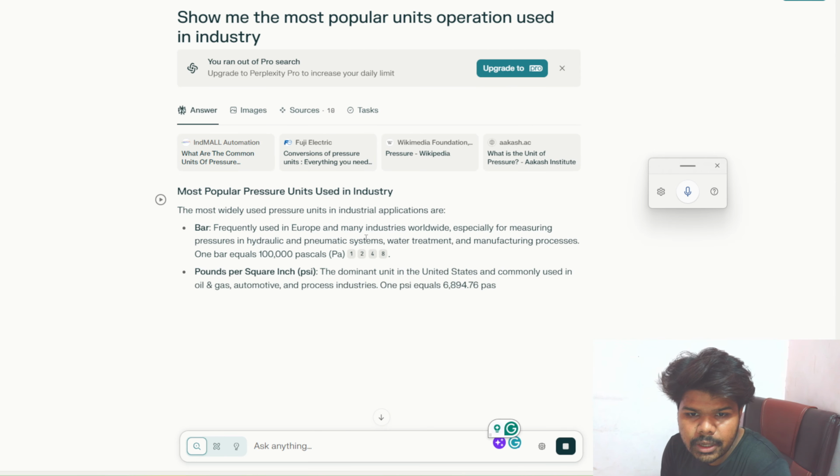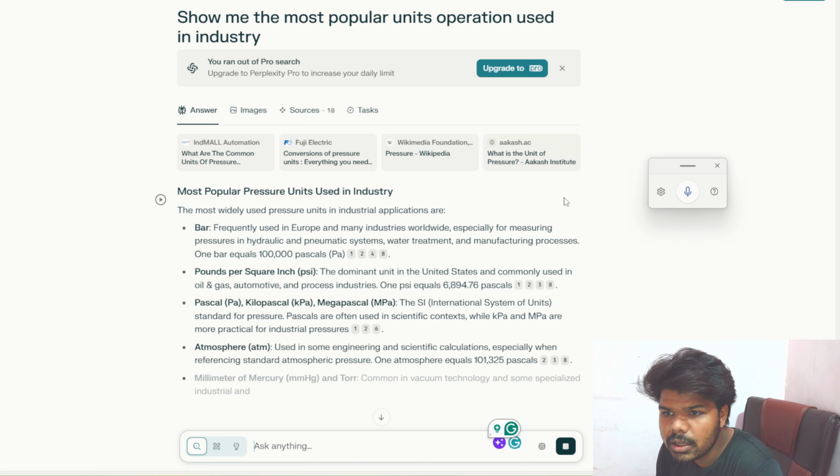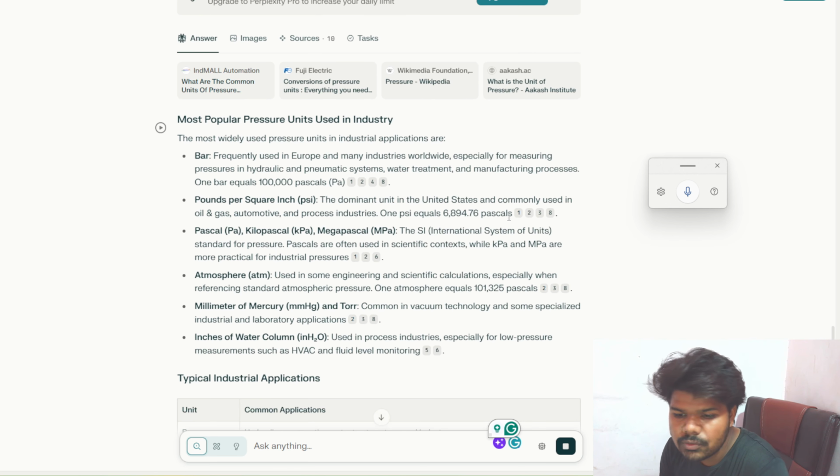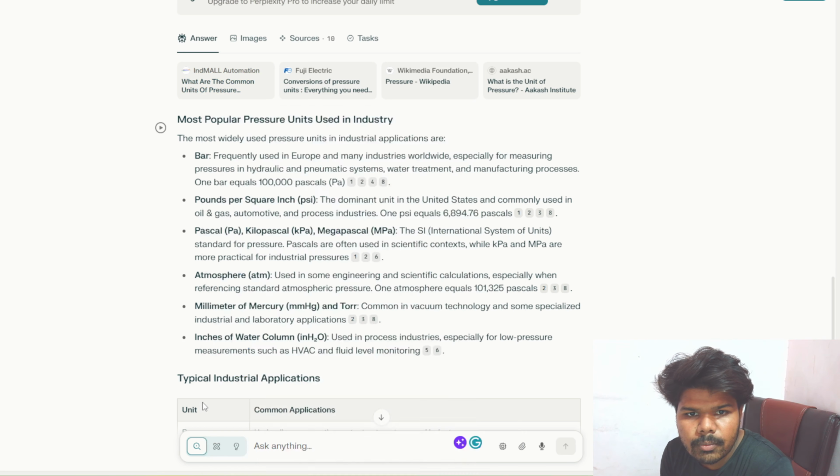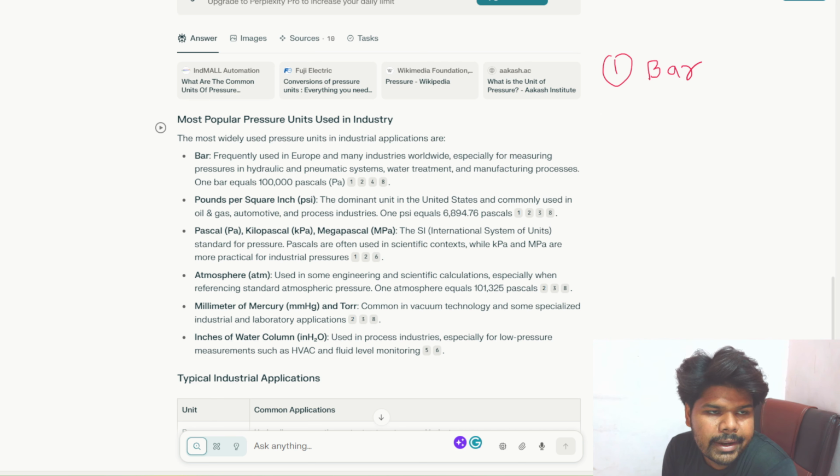That can be, the first one is... wait a minute, I have to take a marker. So the first unit is bar. Okay, and the second unit, let's read right here. The first unit is bar. The second unit is ATM,